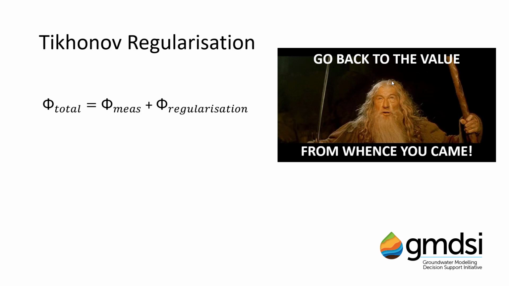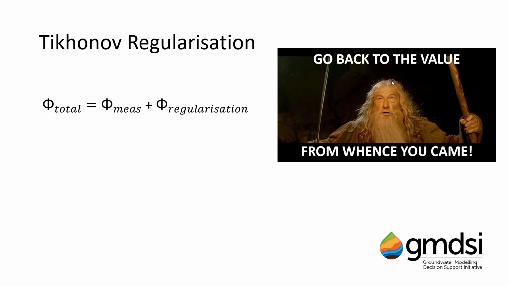When using PEST in practice, weighting is usually handled automatically in the background, with the user specifying a target objective function. As the total objective function approaches this target, weights of the prior information are increased, thereby enforcing the soft knowledge more strongly. The target objective function should ideally represent the minimum possible misfit given the observation data uncertainty. In practice, this is rarely achievable or even knowable